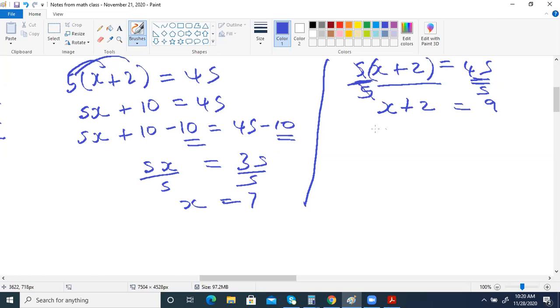Then from here, I can minus 2 from both sides, and I get x is equal to 7. Right? So I can do that as well. So I can divide what's beside this bracket. Now, I'm wary of encouraging you guys to do it this way. It's a simpler way for one, but my concern is that